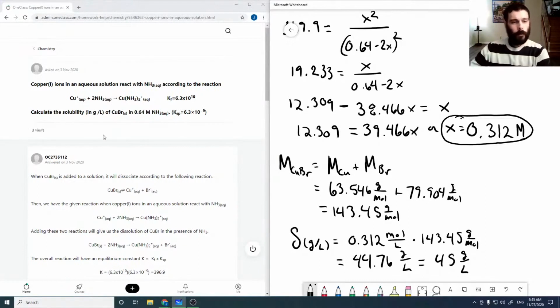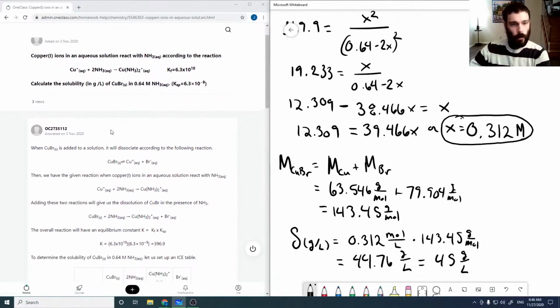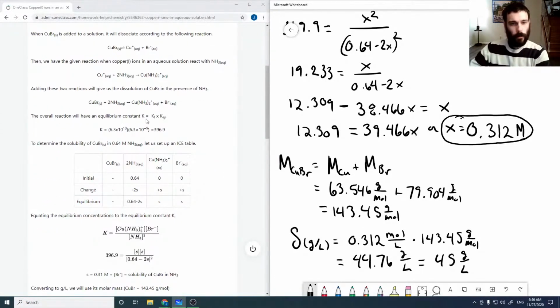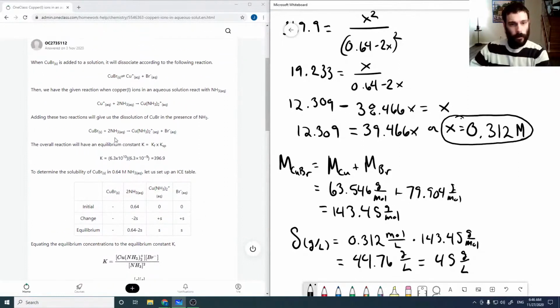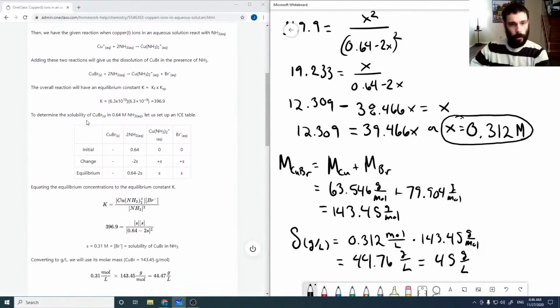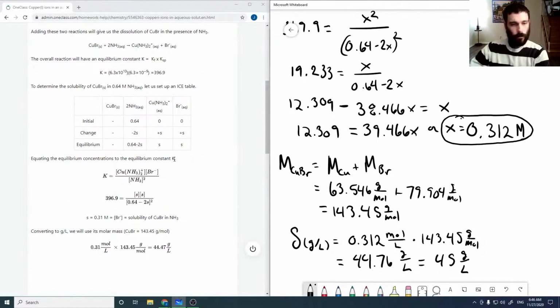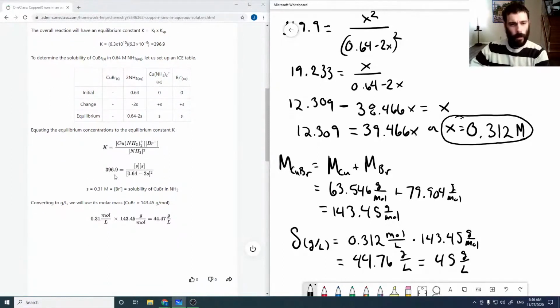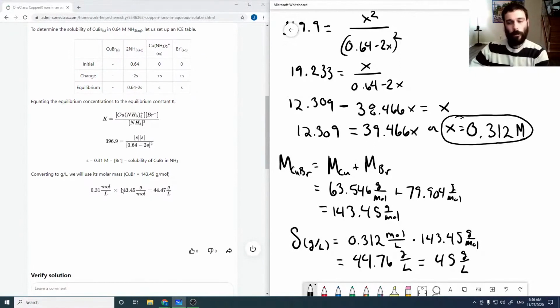Okay, so going through the solution here, when copper bromide is added to solution, we're going to sum the reactions. Our K is going to be the product. We set up this ice table, which I showed as well. And we can equate to get a molar amount of our bromine of about 0.31. So that's pretty much exactly